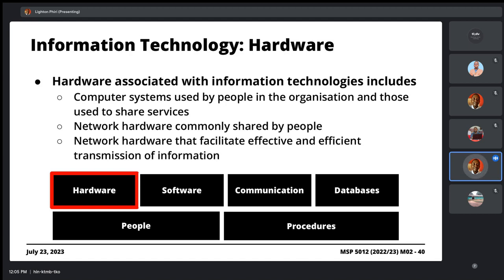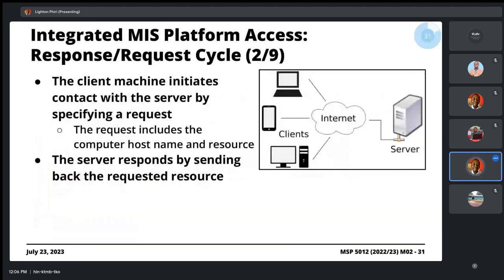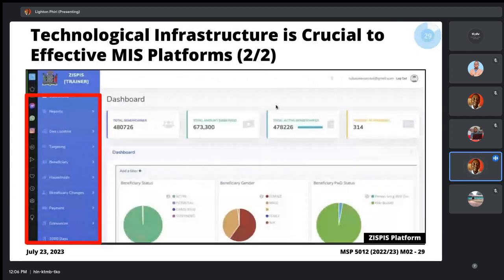Your server computer systems are used to host and deploy management information systems. So the example we've been referring to, the so-called ZSPIS, is ideally installed on a server computer system.